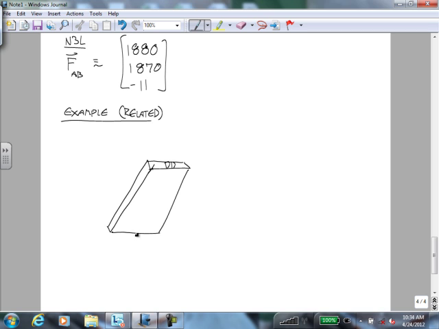But this time, the motions are switched. So this time the plate is rotating around this way, 100 radians per second, and 75 radians per second squared. And the ball